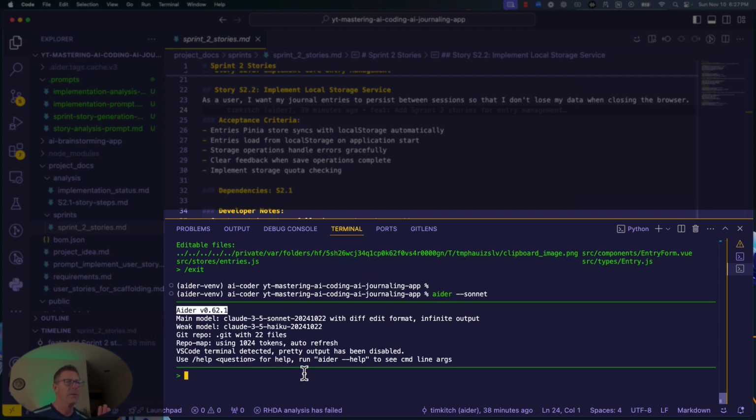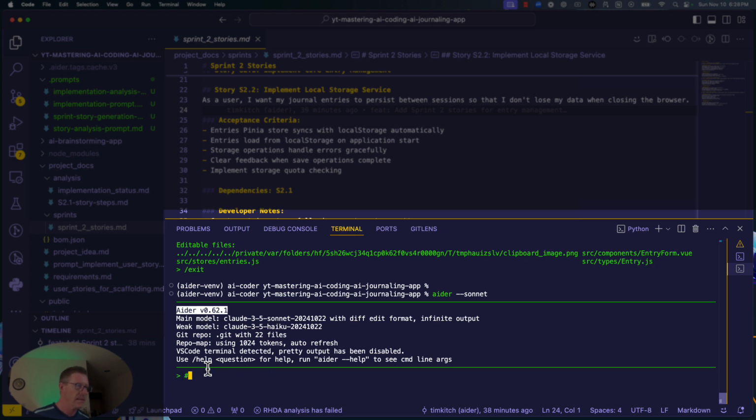Same thing. What we're going to do now is move on to breaking down story S2.2 into steps, and then doing that same cycle, where one step at a time we implement the features using the implementation prompt. So hopefully this is all making sense, but it's this iterative loop. We break sprint stories down using a prompt into steps, and then we take another prompt and go: okay, that story, step 1, step 2, step 3. And when we're done with the story, we go back to the top and say, now analyze the story, break that next story down into steps. Now implement step 1, step 2, step 3, step 4. So now we're going to go back again,